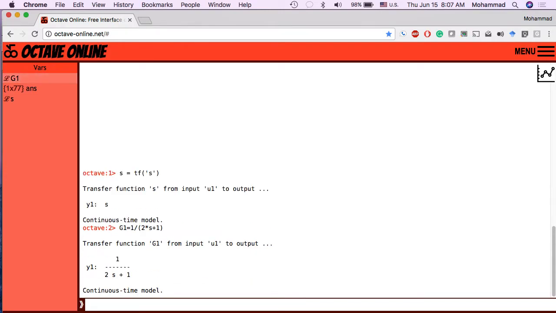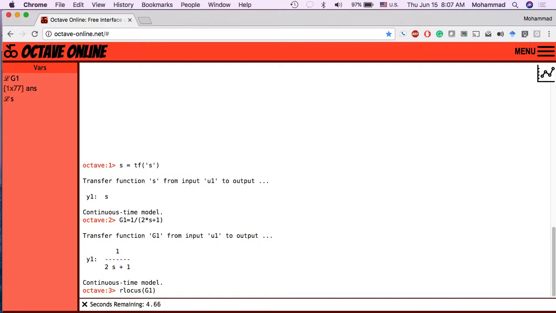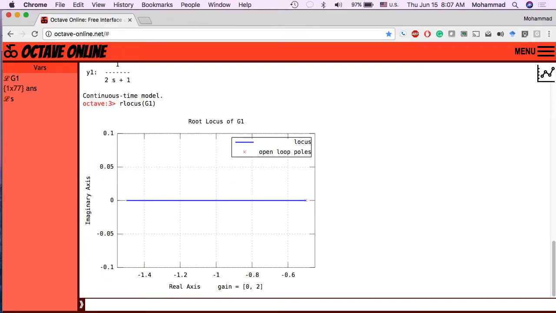So that's the transfer function. And then the next step is to simply use the command rlocus of g1, as we called it. So this essentially calculates the closed loop transfer function, and it looks for the roots of the denominator of the closed loop transfer function. As you can see here on the screen,